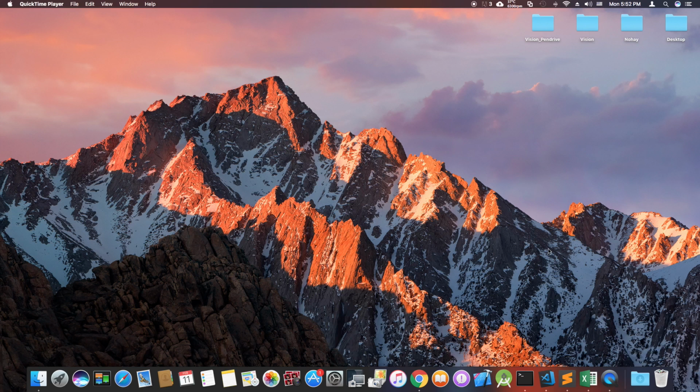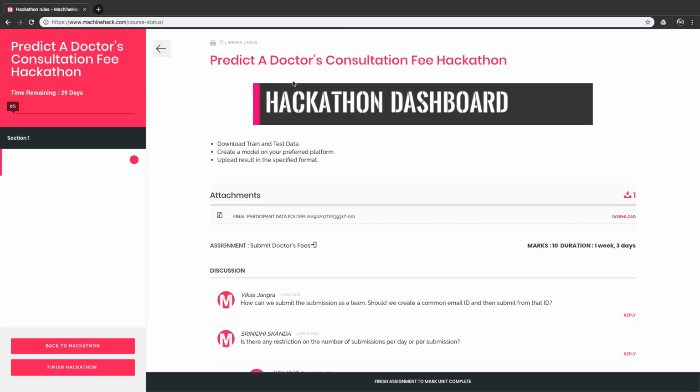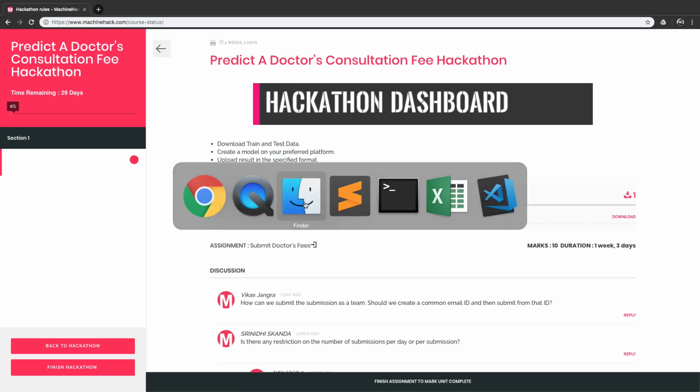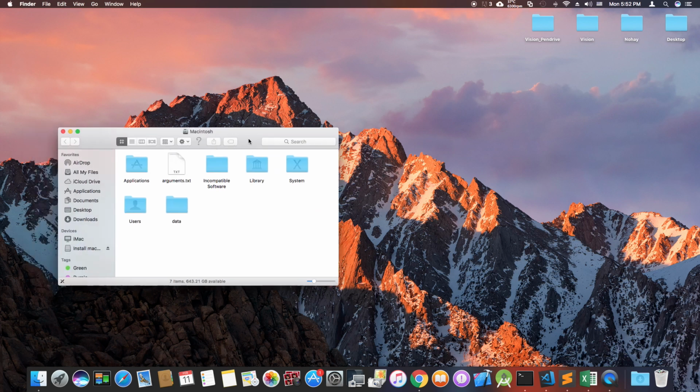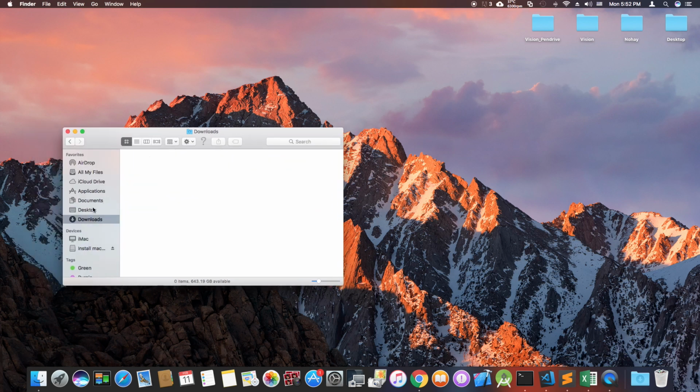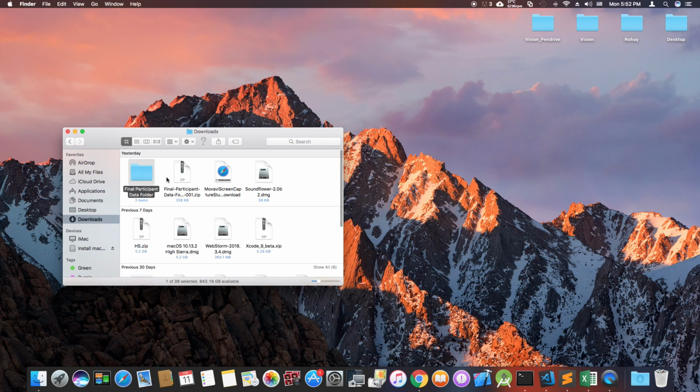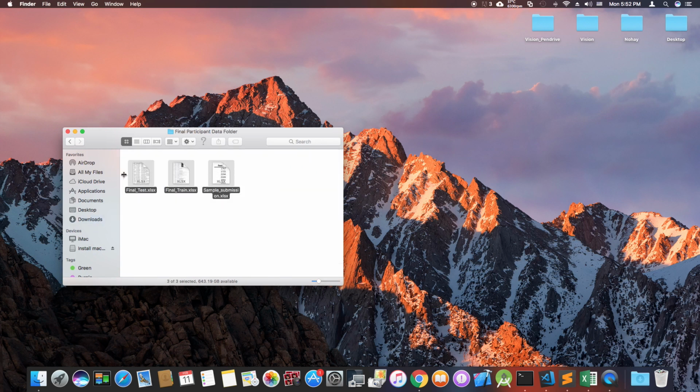And today, as promised, I'm here trying to take on the challenge from the doctors' consultation fee prediction hackathon. I have already downloaded the dataset. Without further ado, let's dive into it. As you can see, I have already downloaded the dataset. It's in my download folder, and these three files I have converted into CSV format